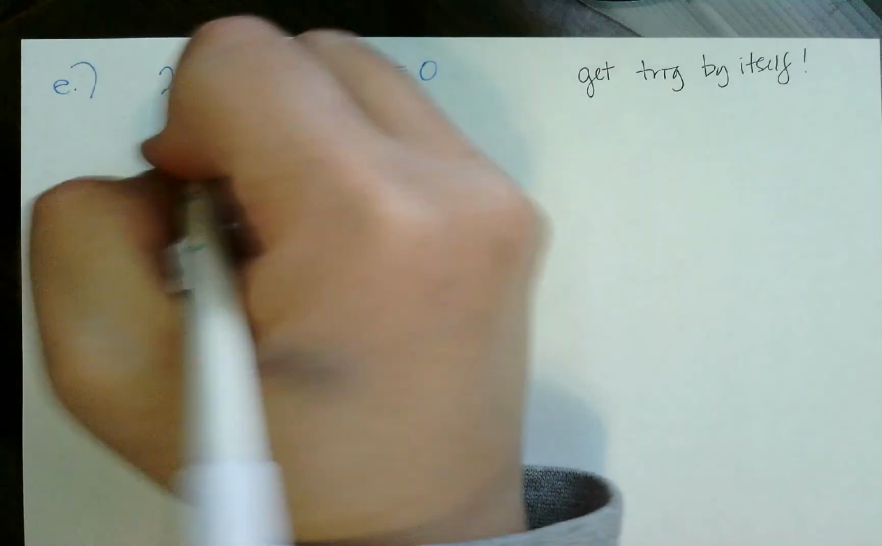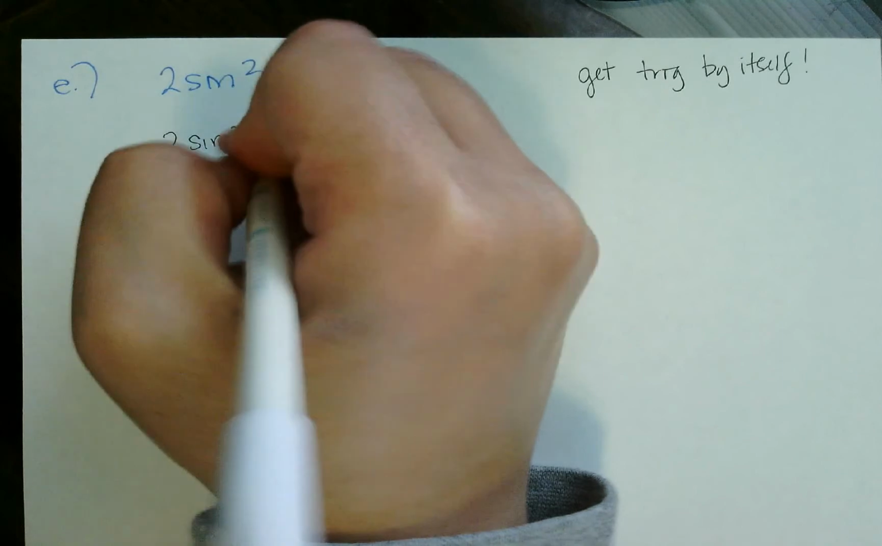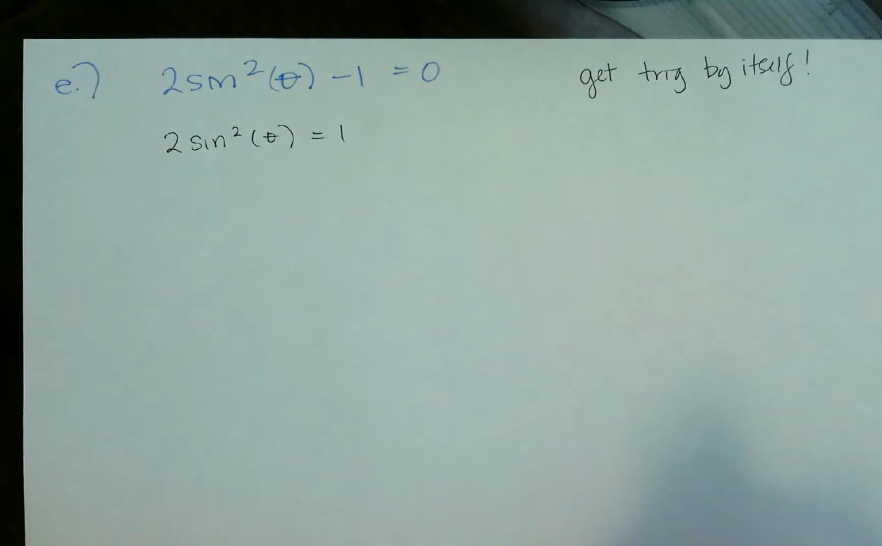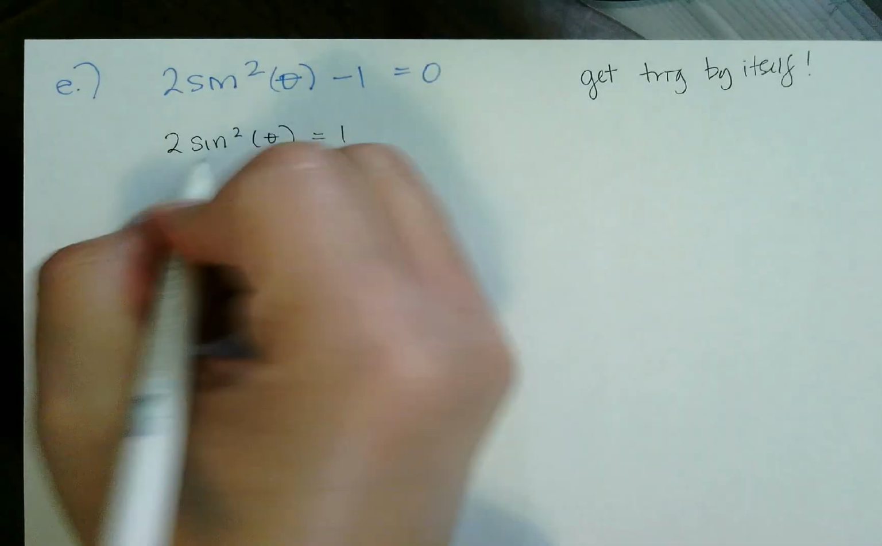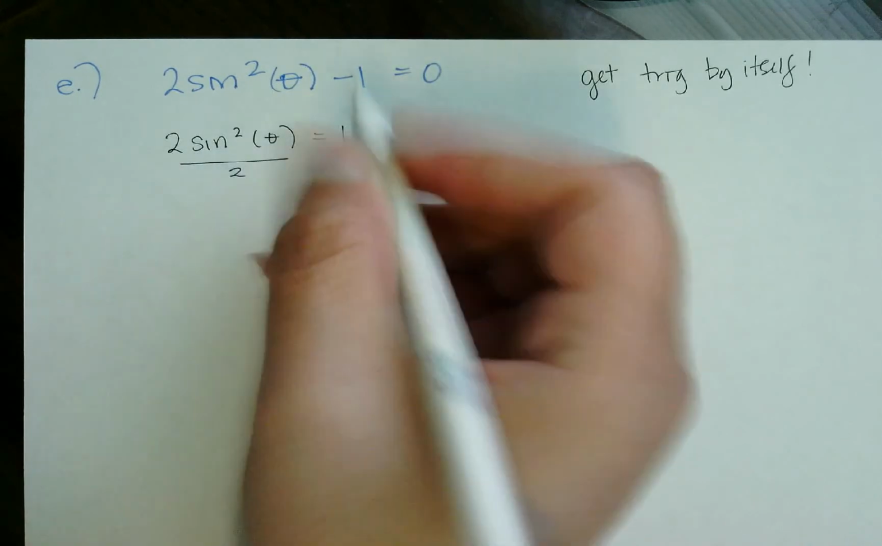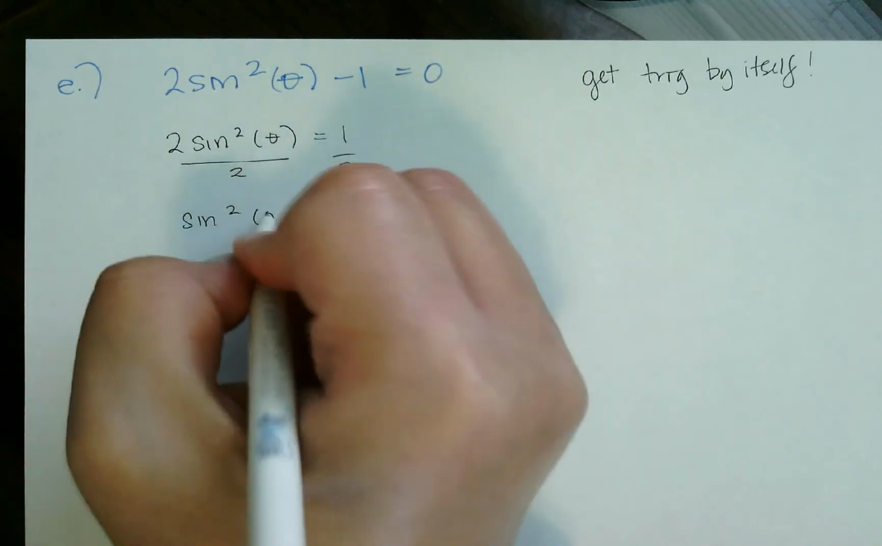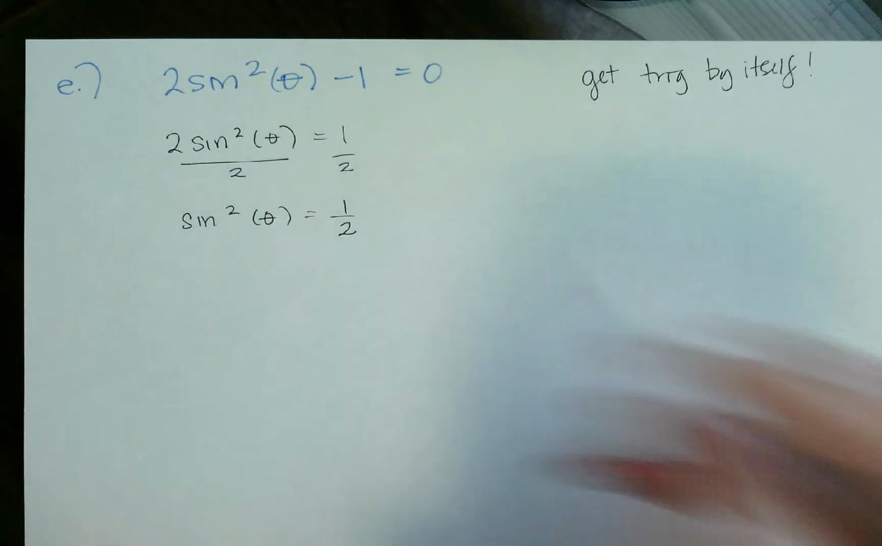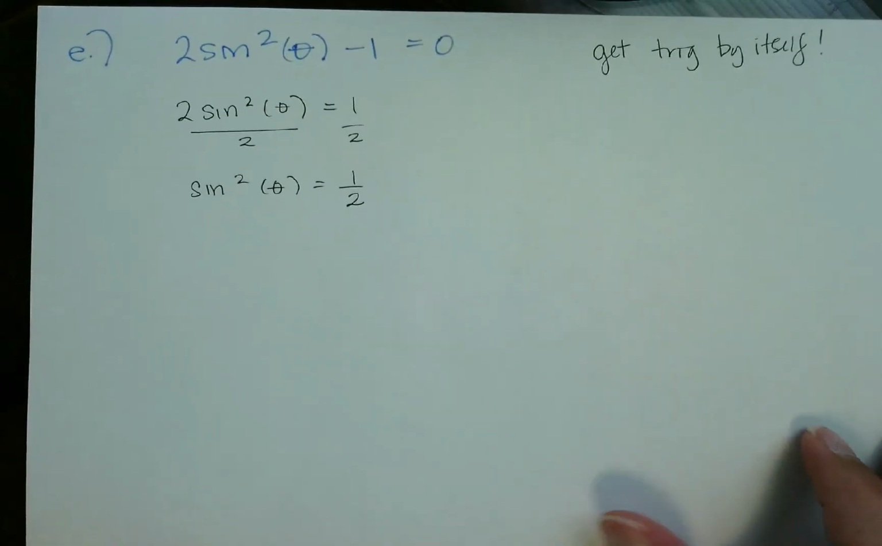Okay. Then what? Yes, divide by 2 on both sides. Okay, and literally get it by itself. Square root both sides. Square root both sides. Okay, if we square root both sides,